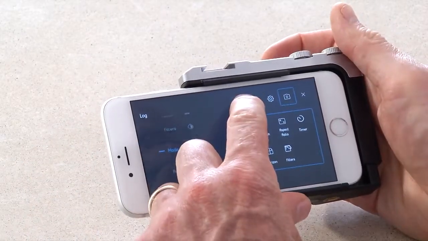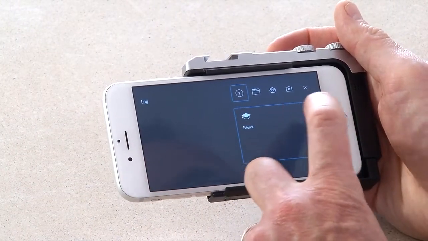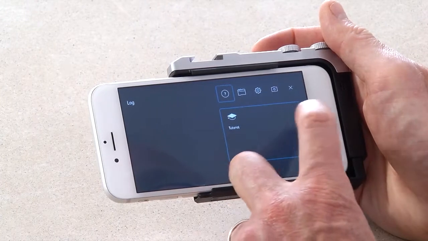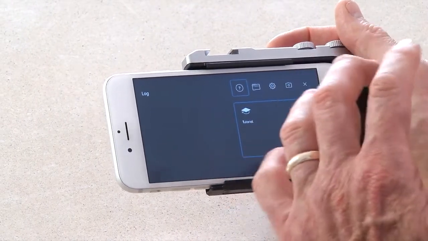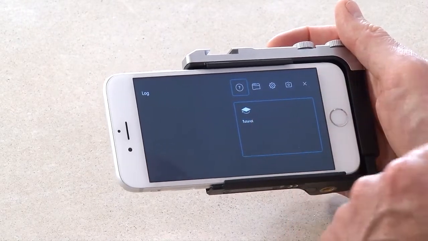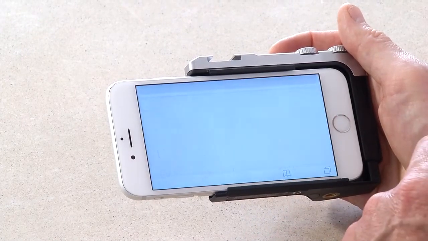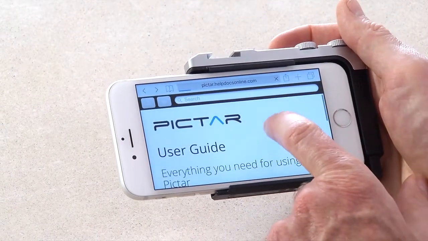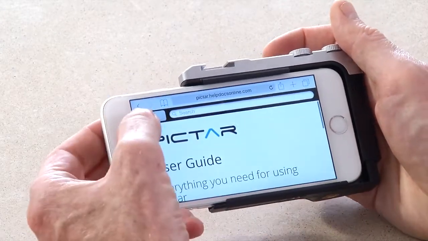Go to the question mark here, which is the help area, and here's the tutorial. Actually, in your apps there'll also be some videos here on how to shoot different scenes and different people and objects, etc. in different ways, but I've only got the tutorial here. Just hit the button, it loads straight into the help guide, and then you've got the ability here